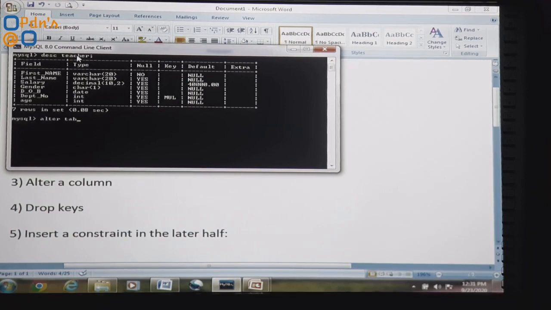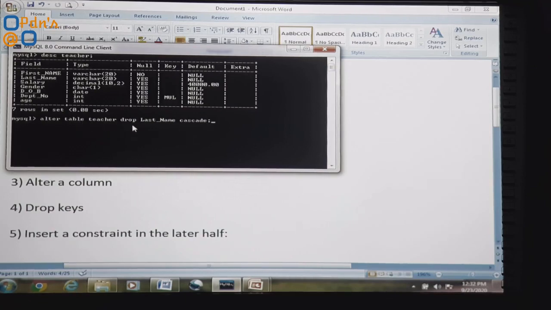Alter table teacher drop column last name. See, I am deleting the column, that is last name, using the alter table command.